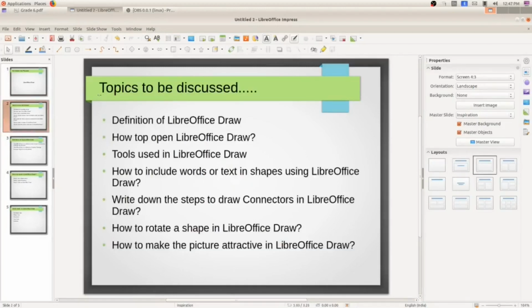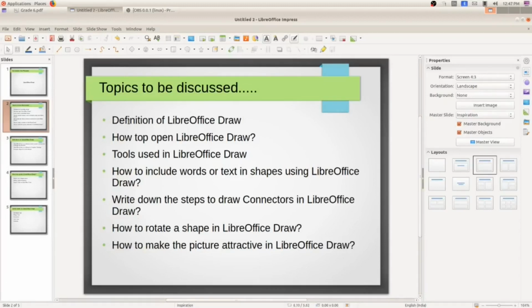So these are the topics which we are going to discuss in this chapter, and today we will discuss only the first three topics. In the next class we will discuss the remaining topics.